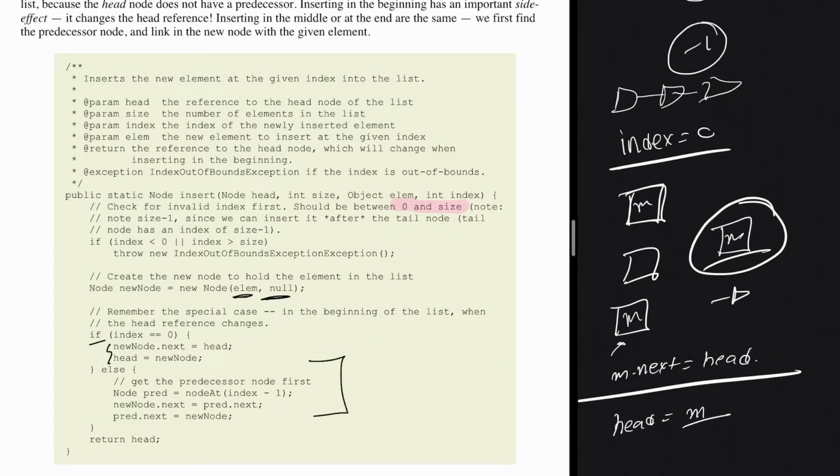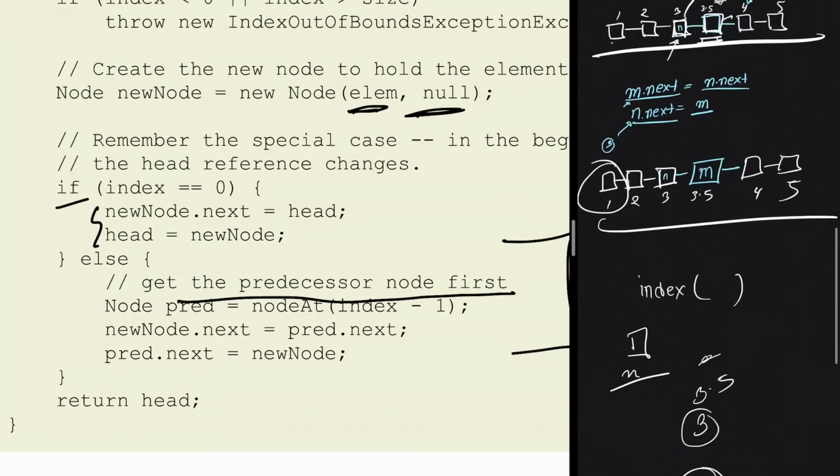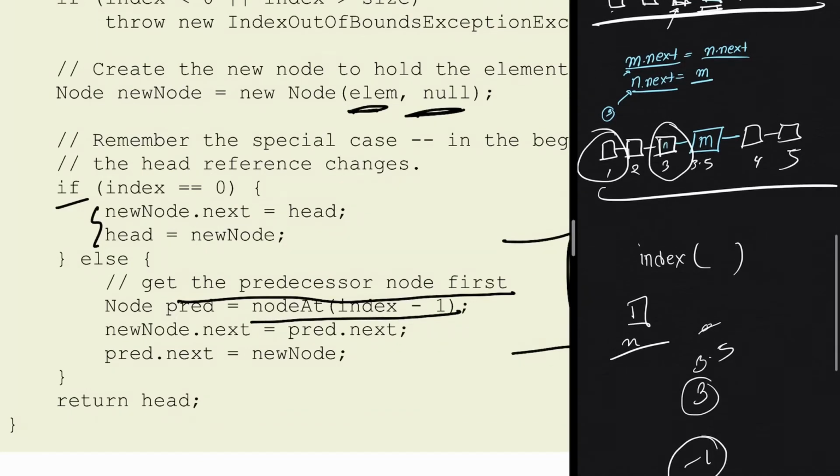Or else, if that's not the case, we want to put it somewhere in between, right? The first thing that we have to get is the predecessor node. As I said before, we need to get 3, right? So we need to get the predecessor node, so node pred is the node at index minus 1. So for this case,